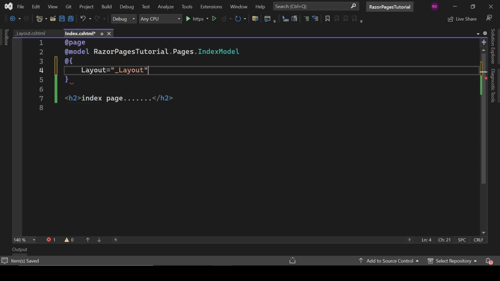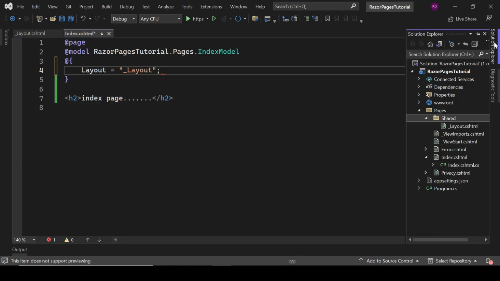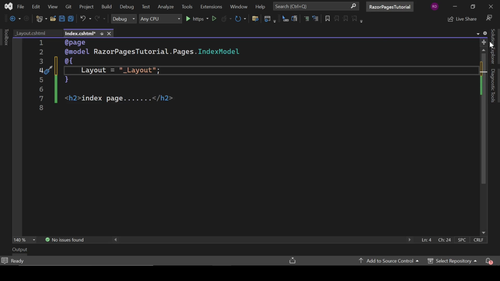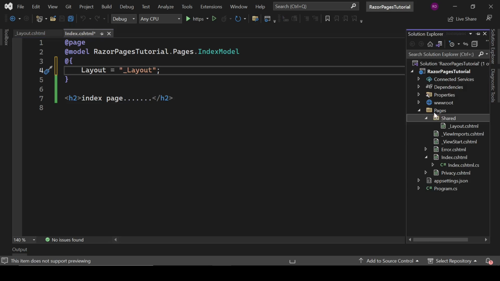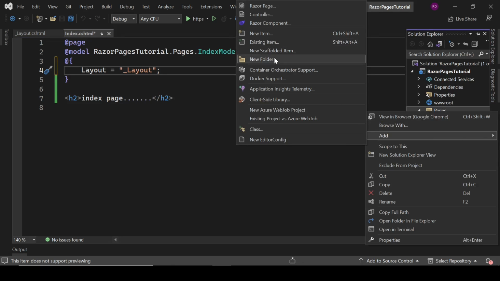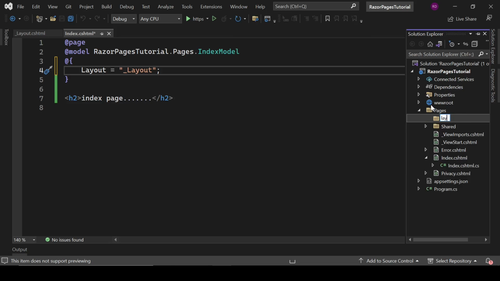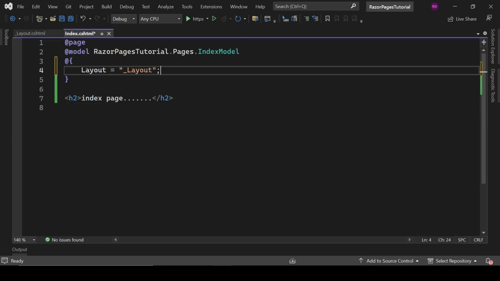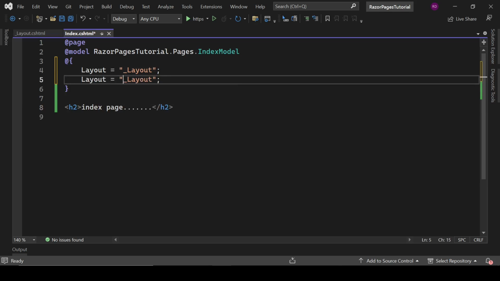Okay, keep one thing in your mind. If we have defined our layout page inside this shared folder, we can directly use it. But what if you have defined your layout page in another folder? Let's say you define your layout page in this layouts folder. Then we cannot access it directly like that. We have to access it like this,